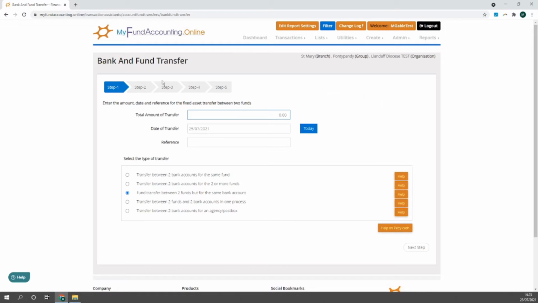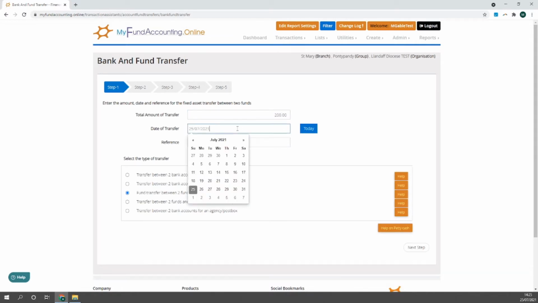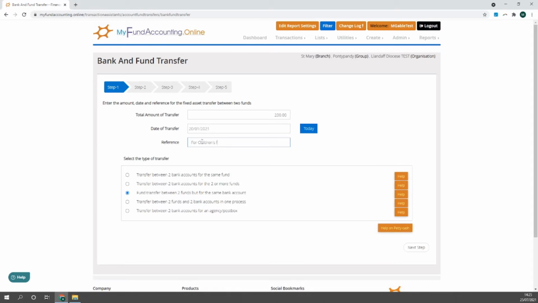And so we have 5 steps to go through. This is the first step. So the first question is how much? I'm going to transfer £200, and we are going to do it on the 20th of January. I'm going to put a reference in for children's work,